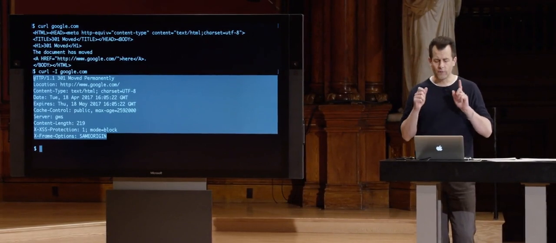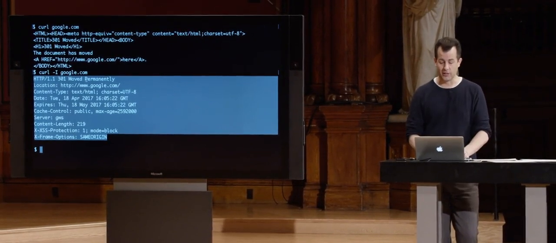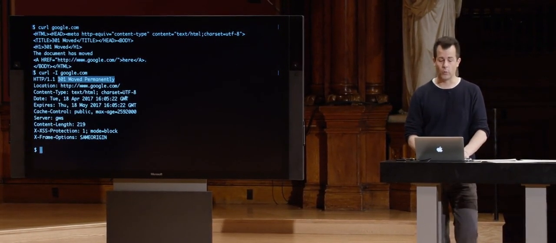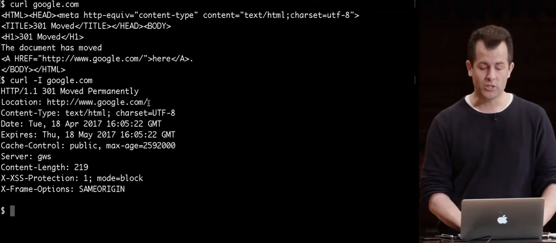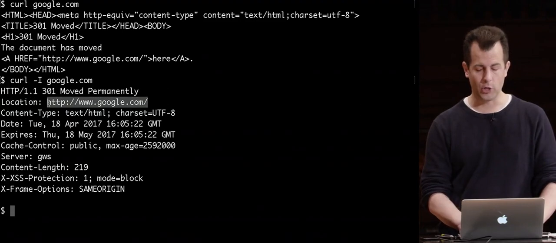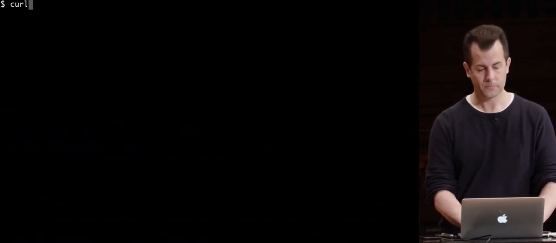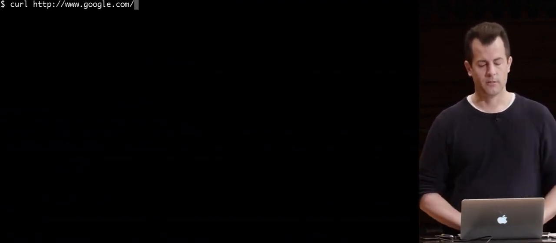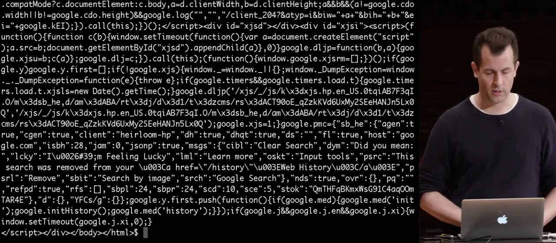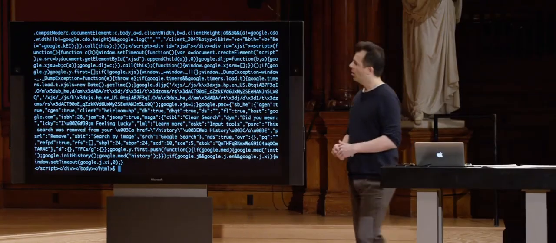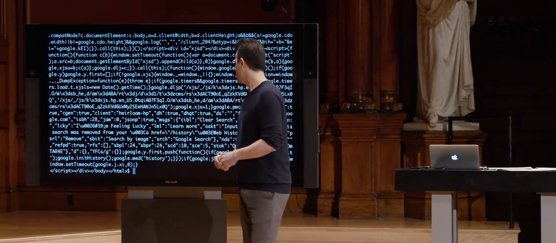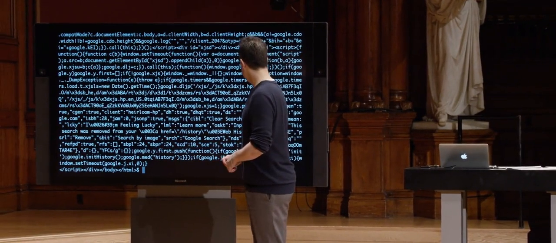All right, so if Google is telling me that it literally moved permanently per the 301 status code, and its new location is this URL here, well, let's go to that URL. Let me go ahead and start over and do curl http://www.google.com. Enter. Interesting. So now I've gotten back a whole long web page that seems to contain I don't even